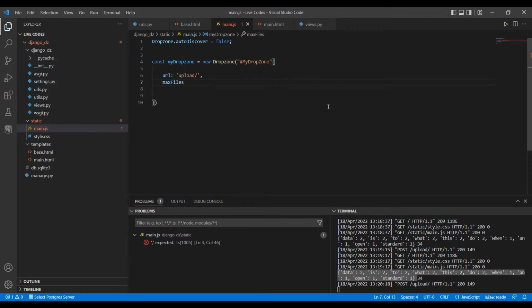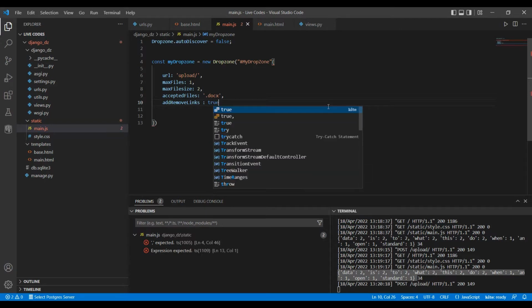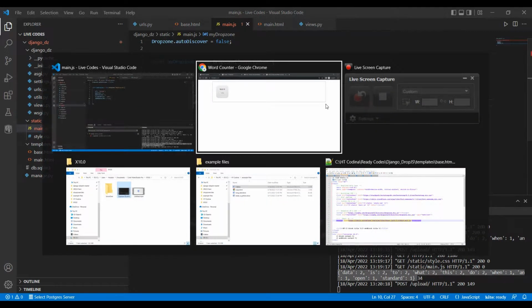maxFiles is one, and maxFilesize, I would say 2 megabyte. Okay, you can add more if you want. acceptedFiles, we only need to accept docs file, so we just say docs, and add addRemoveLinks, which is true. So let's reload the page